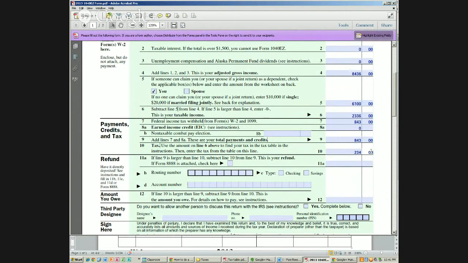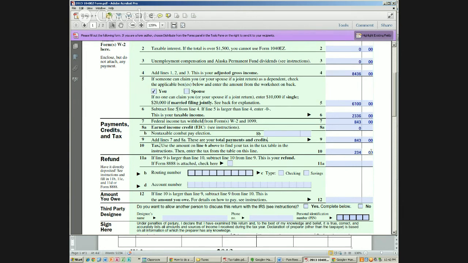But you're going to turn around and say what? What are you going to say, Kylie? The government says you owe me this. You're going to turn around and say, you don't owe me $843. I already paid you $843. Yep. So you're going to ask for a refund. Be like, hey, I gave you $843. You're saying I only owe you $234. So that means, Mr. Government, you owe me the difference between those two numbers, and I want that check as my refund.